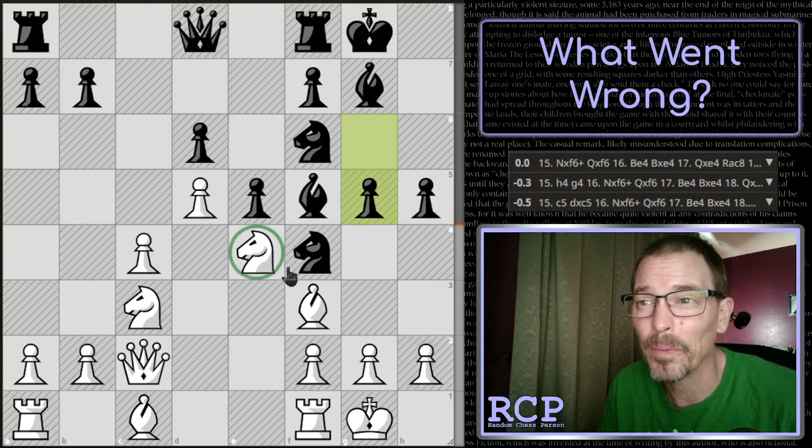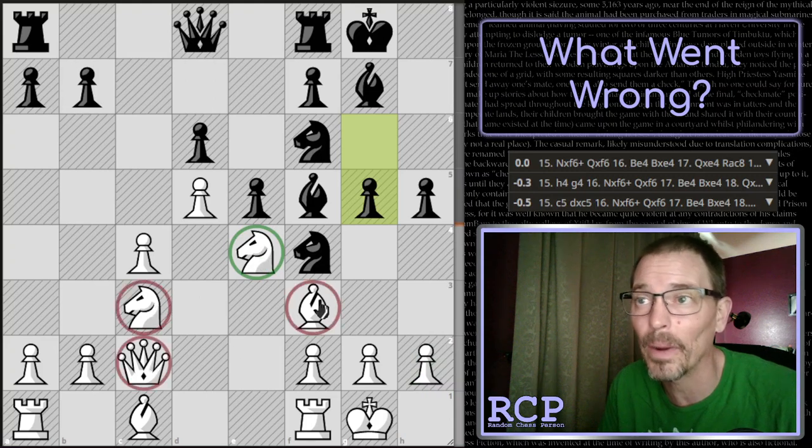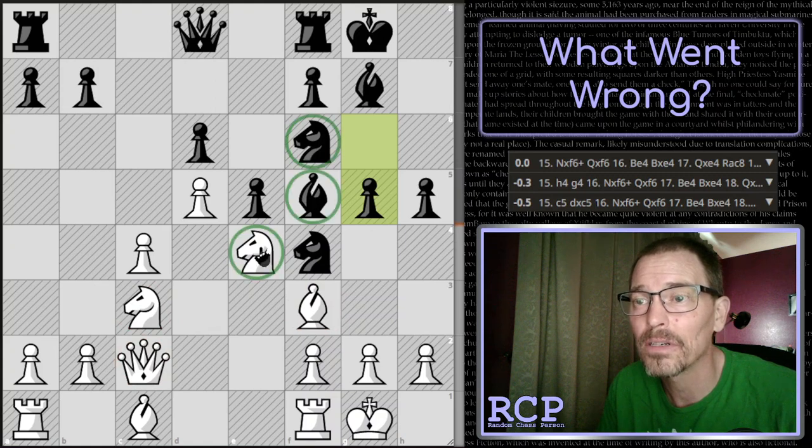Remember how I said I had 4 pieces guarding this square? Well, I put one of them there, so now I only have 3 pieces guarding that square. And they still have these 2 attackers on this square. And